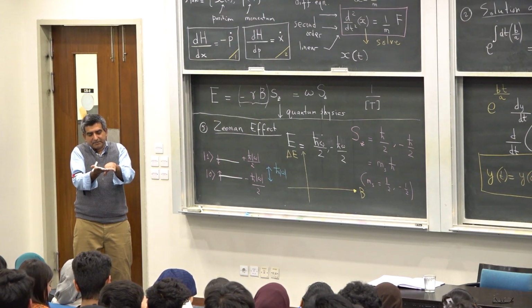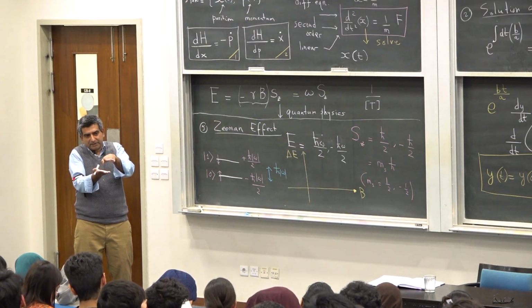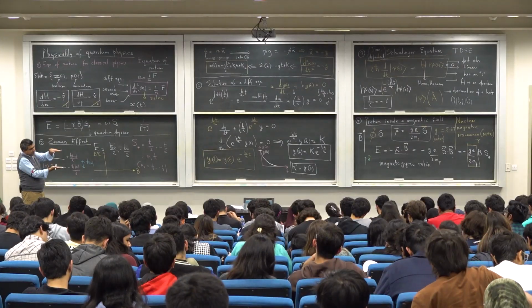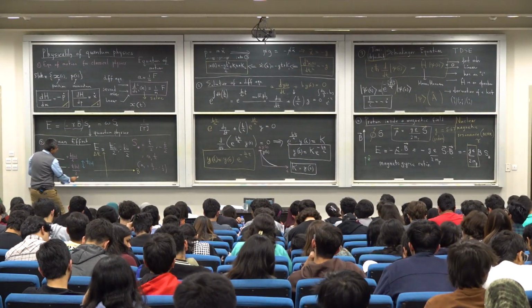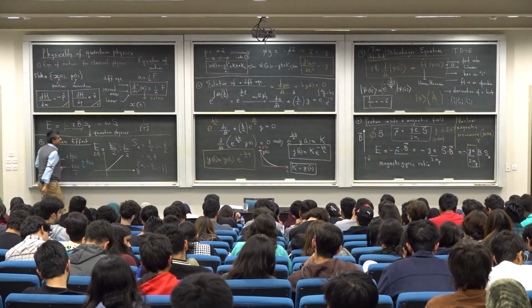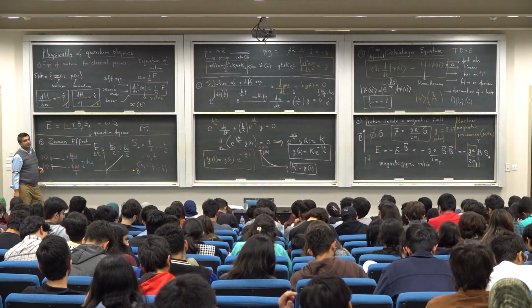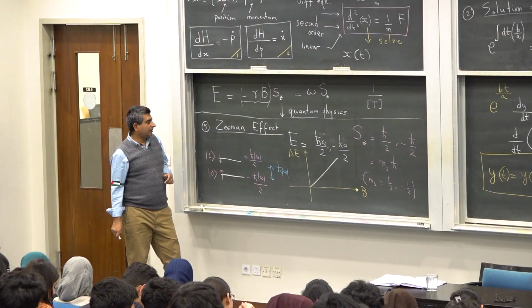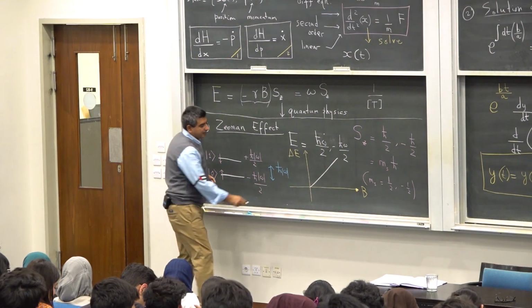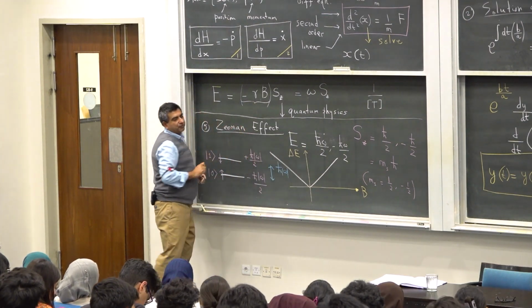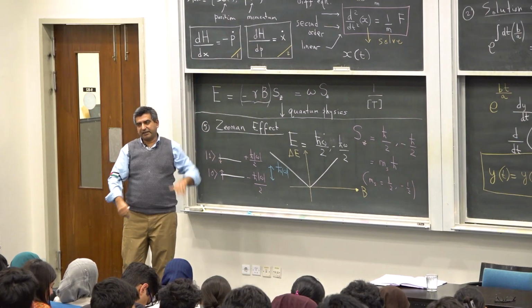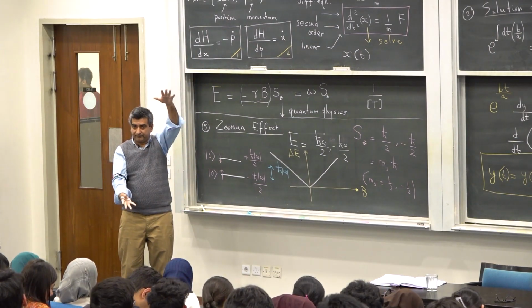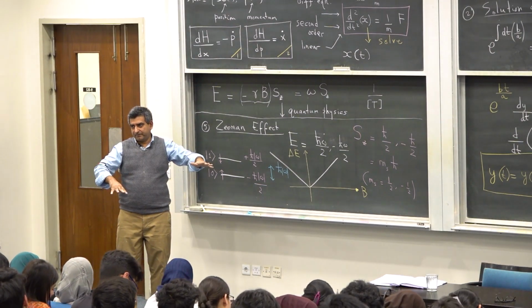Now you increase the magnetic field, the gap slightly opens up, it fans out, keeps on increasing. So increase the magnetic field, the gap goes up. All right, and in the other direction the gap also goes up. So this is the opening up of the gap with the magnetic field. Now this is the Zeeman effect.